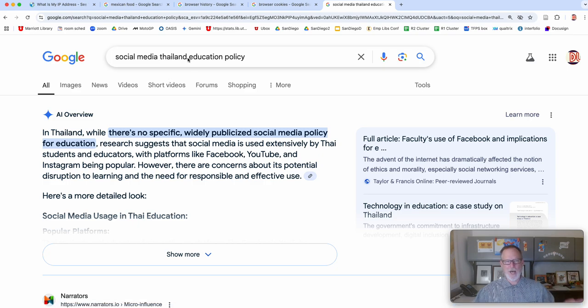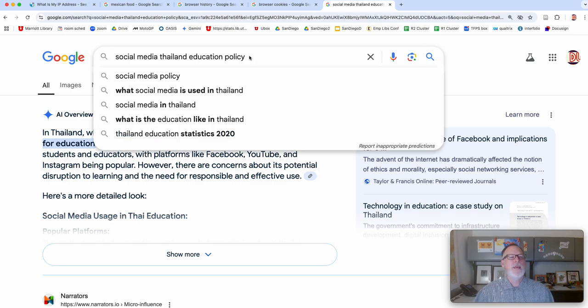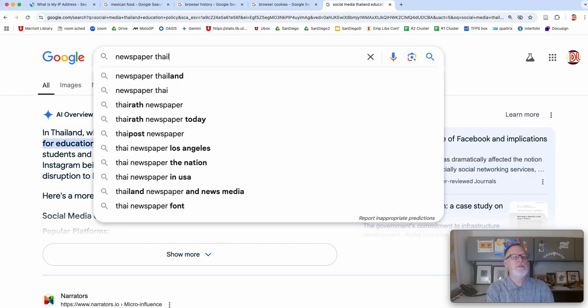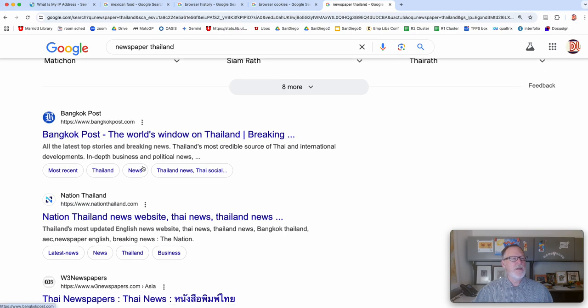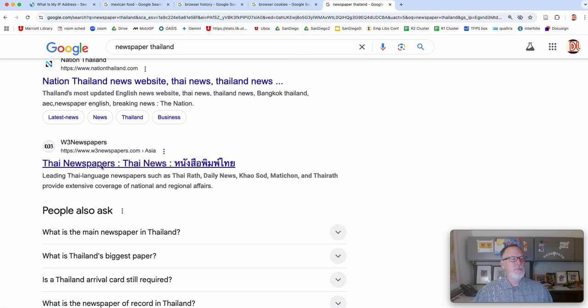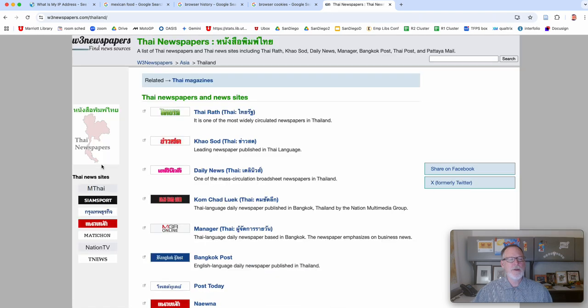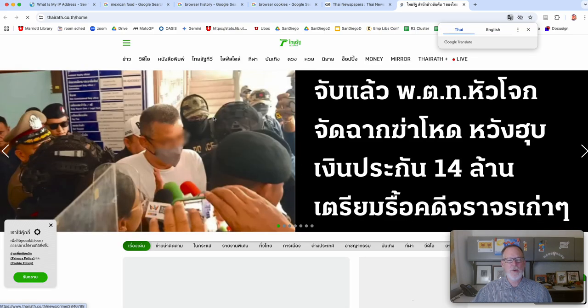In Scholarship, this is a lot easier because it doesn't want to pull you back to Salt Lake City. Another one that you can do though is I would say do newspaper Thailand, and then you can find papers. Typically they're going to be translated, but this one looks cool because it actually has the Thai characters. One of the most widely circulated newspapers in Thailand. So if you want to know what's going on,